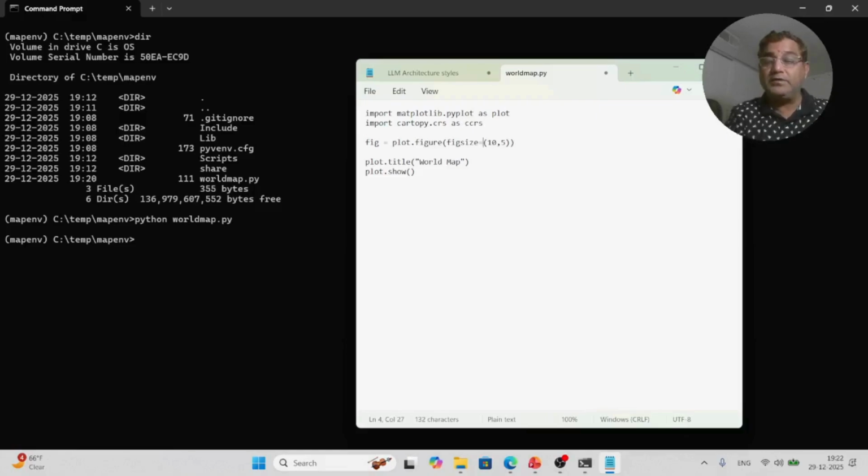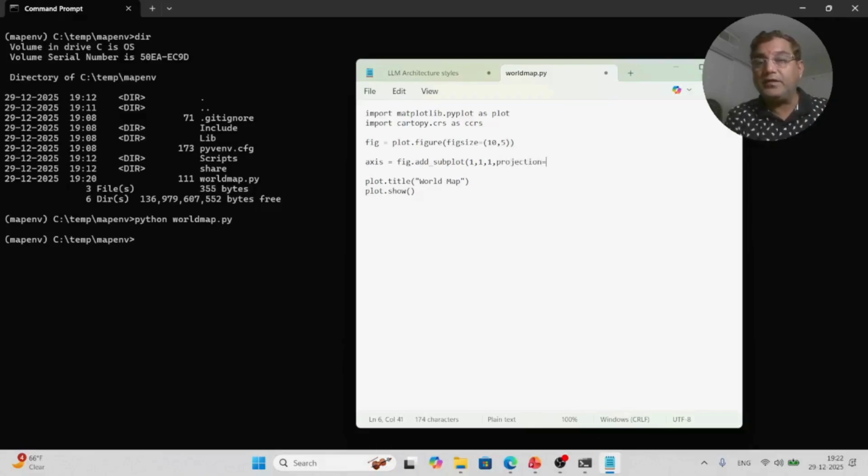Once the figure is done, you need to attach this. Let us say axis is equal to figure dot add subplot. I can just create. So we got only plain structure now. I am going to create a subplot within that one with the world map, right, by using that cartopy method. 1 comma, I think we just need to give some coordinates here, and then this code you can just